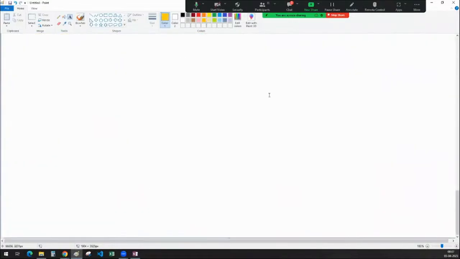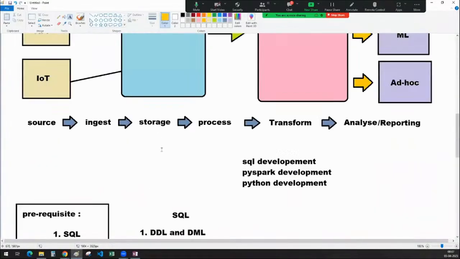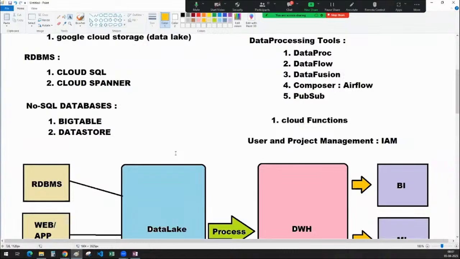So how many projects are we covering? If you ask me, guys, we are going to cover almost 4 to 5 real-time projects. And one more thing: these are real-time projects you can put in your resume. That is one point. And one more thing I want you to understand is, whenever we talk